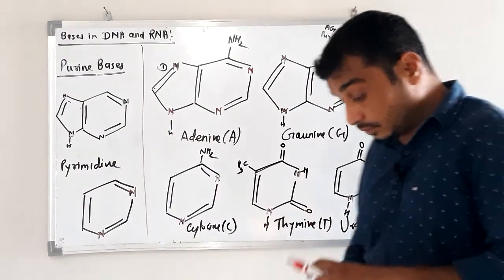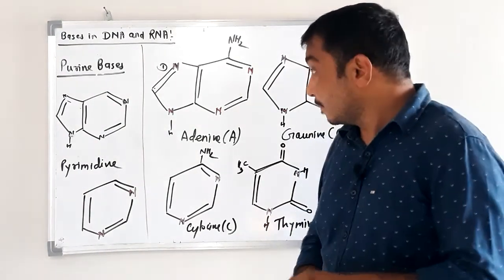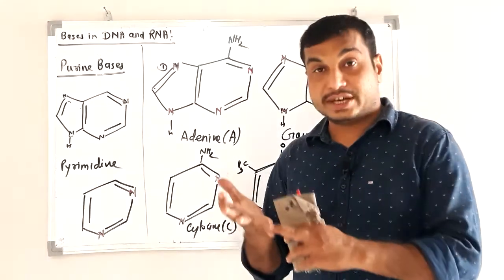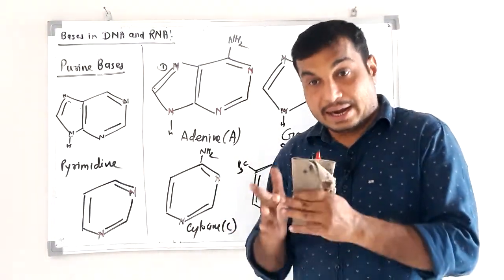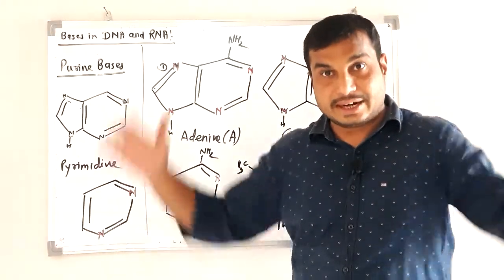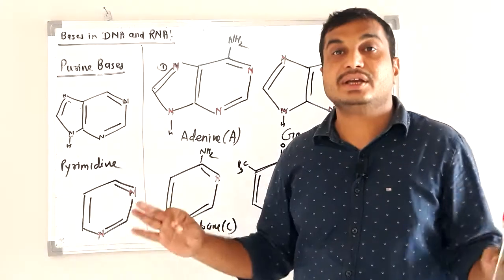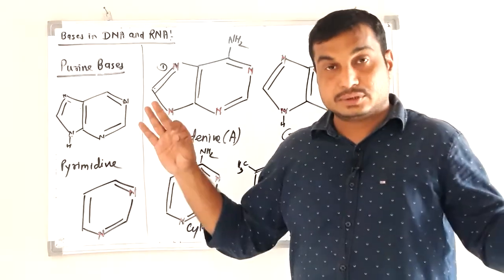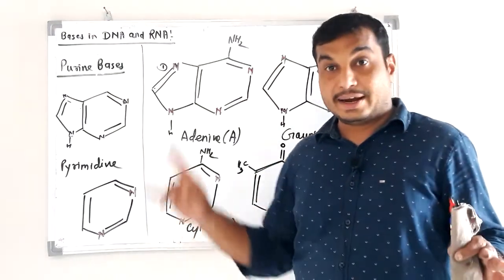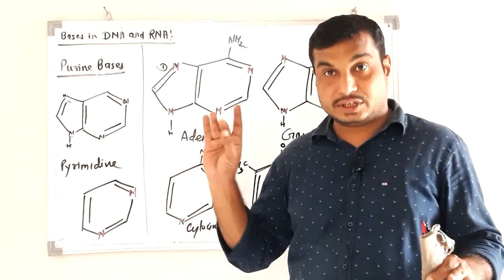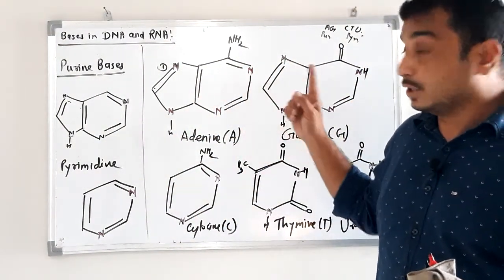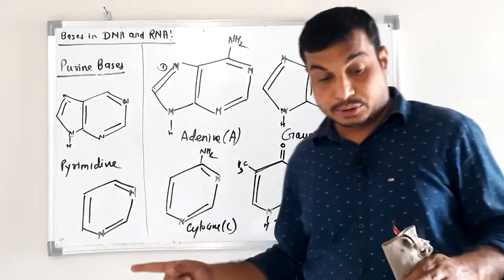In the next class we are going to draw the structure of nucleoside and nucleotide, and then the polynucleotide chain, which will be the structure of the DNA molecule. So student, try to draw these structures from the textbook also and practice the structure of sugar molecule, RNA, DNA, and heterocyclic bases.